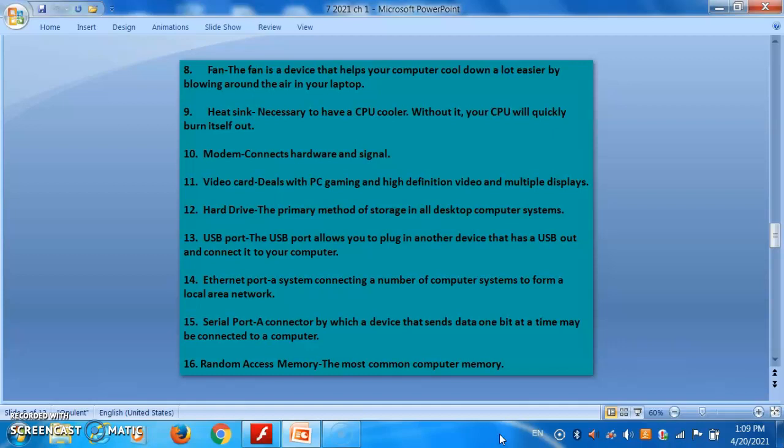A serial port: a connector by which a device that sends data one bit at a time may be connected to a computer. Random access memory: the most common computer memory is RAM. Let's see